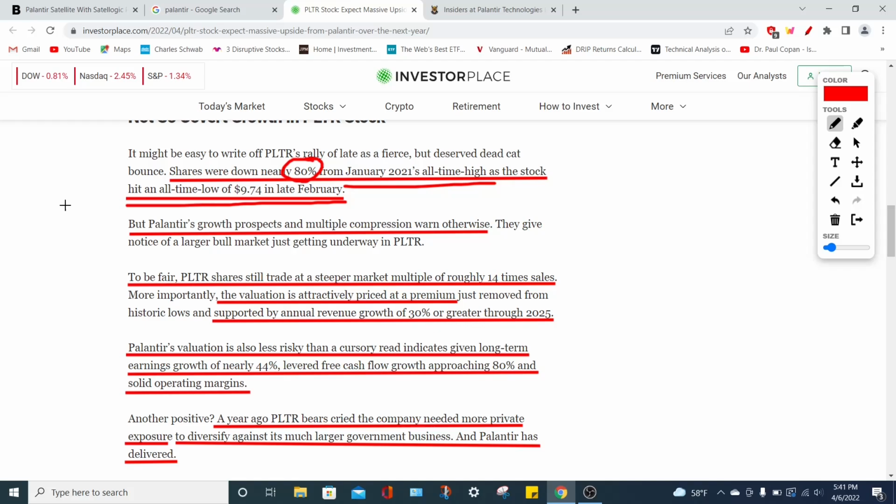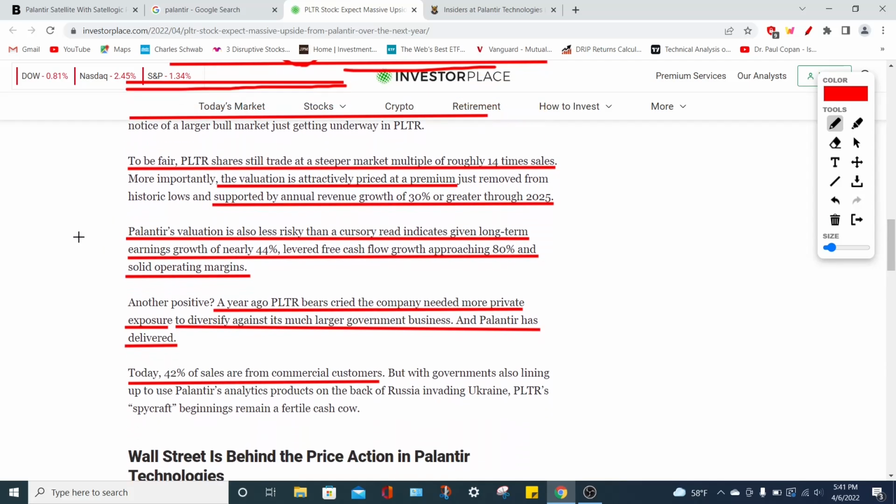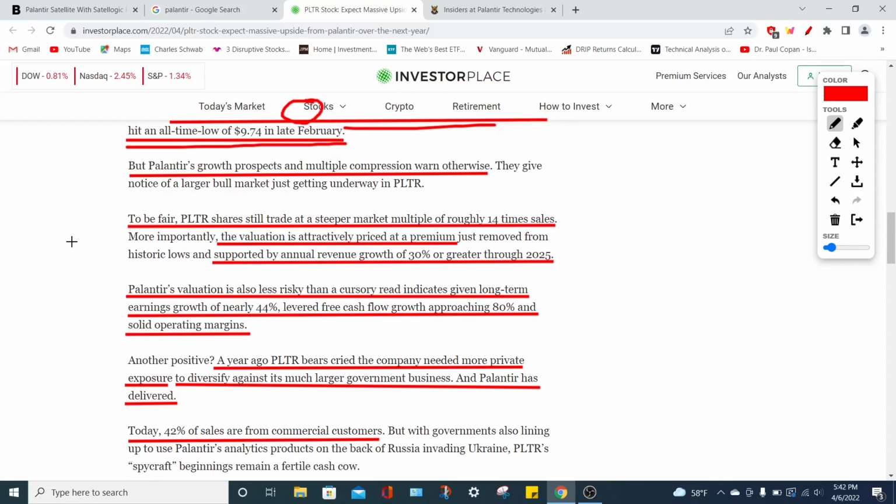However, I don't think this is very plausible due to Palantir's rapid growth and their future growth projections that we have gone over in multiple earnings reports. So I personally don't see Palantir Technologies dropping below $9 per share anytime soon, mainly because their growth projections are so competitive. However, with that being said, the Palantir stock price still trades at somewhat of a premium because it's